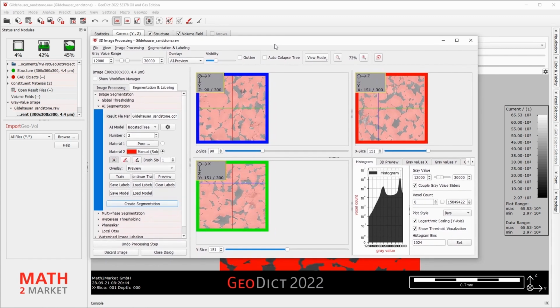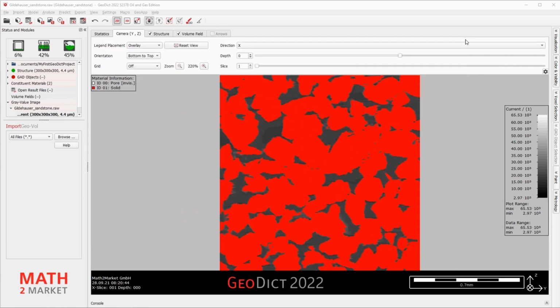You may also close the 3D image processing window. What you can see now in GeoDict is the segmented structure in red with invisible pores, and the corresponding volume field, which is in our case the gray value image stack.